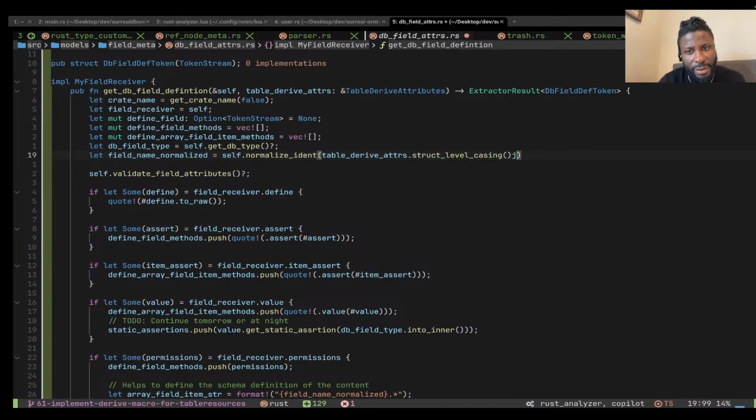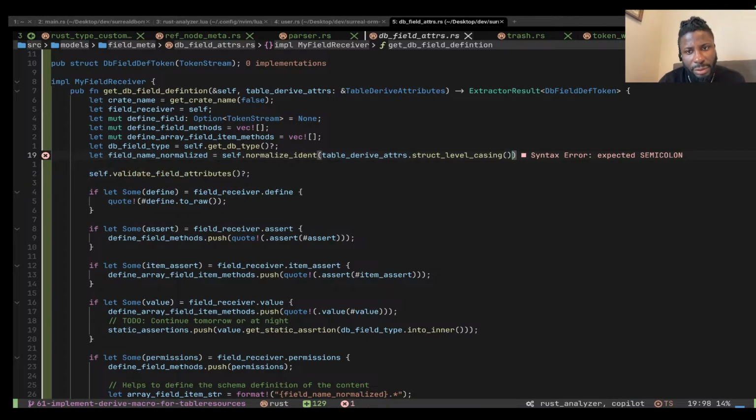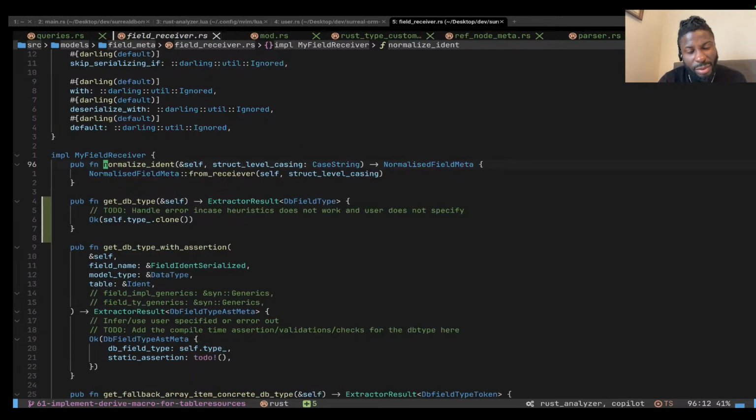Struct level casing. Does that return a result? Yep, it does. Let's just price it up. To be honest, we could just take the derive attribute here directly, but